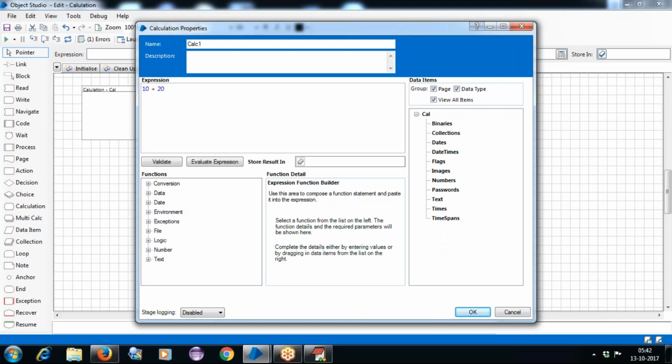Basically, first you need to create a data item and drag and drop that data item here. Or else, you can directly perform the click activity, and it will automatically create the data item. You can see, I'm mentioning the name, for example, result. Now I perform the click activity here, and automatically it got created.